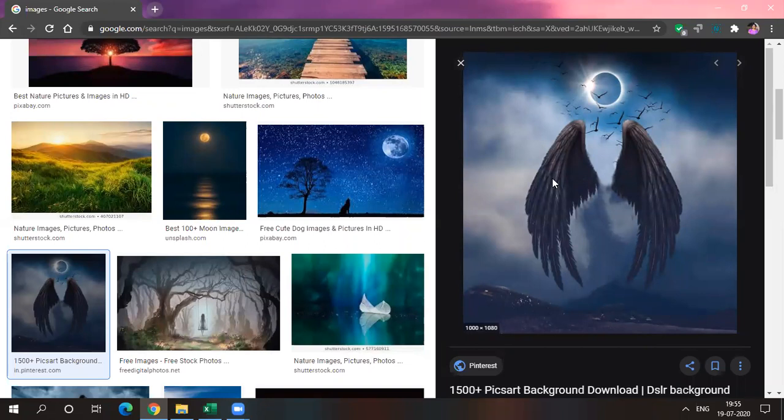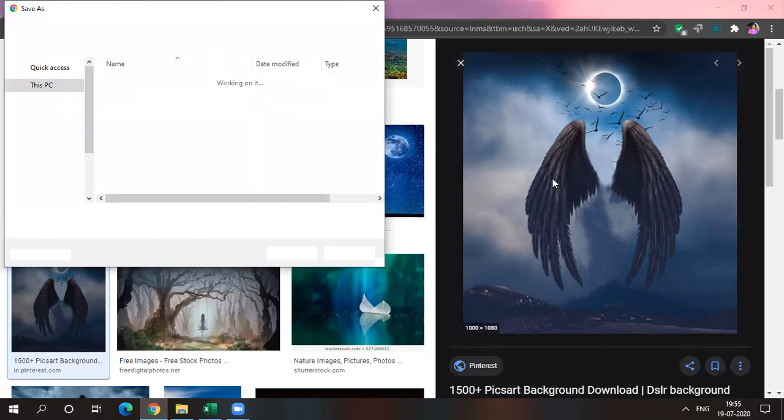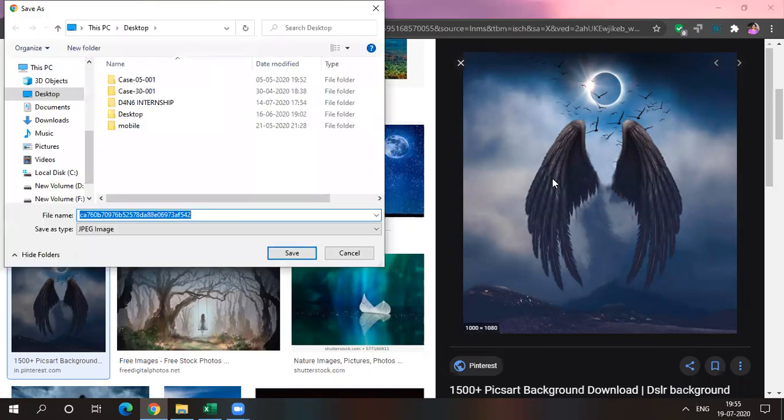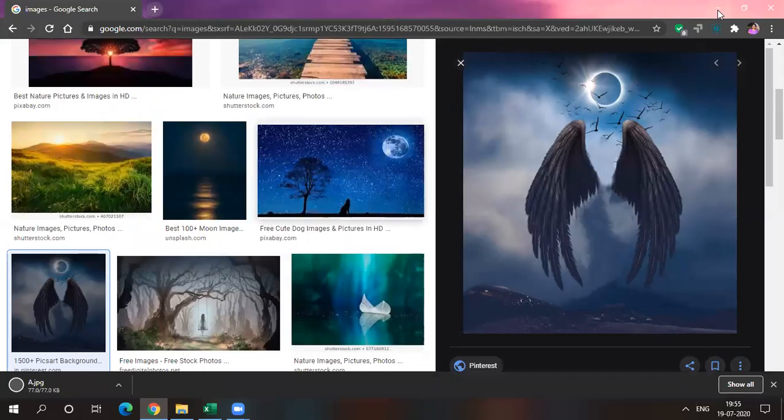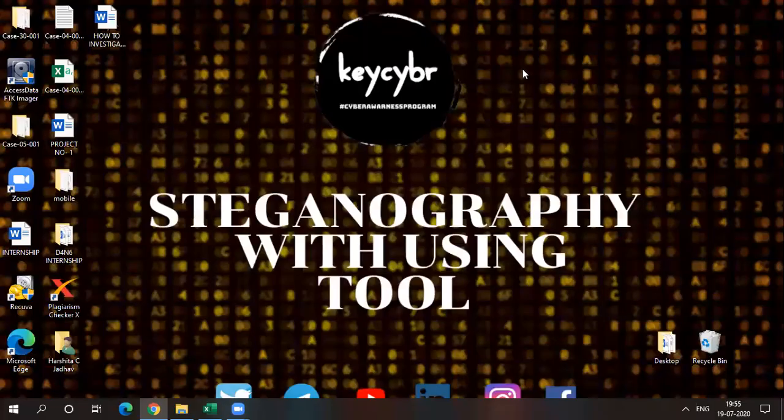And just remember, whenever you are creating a document, that is our text file, and saving your image, you need to save it in one particular folder. If you are saving those images on the desktop, then you need to save the text file on the desktop only. So I will just change the name here to A, and yes, here it is. I will save it on the desktop. Okay, so my image will be saved. It will be available on the desktop only.